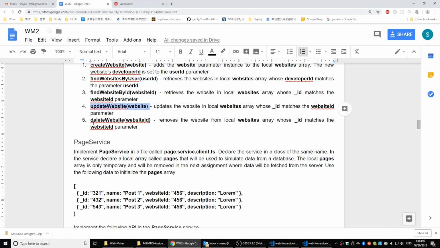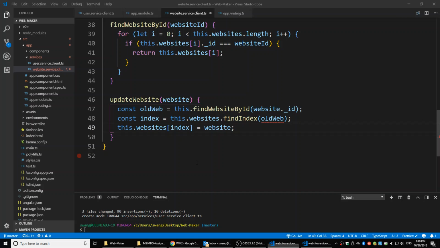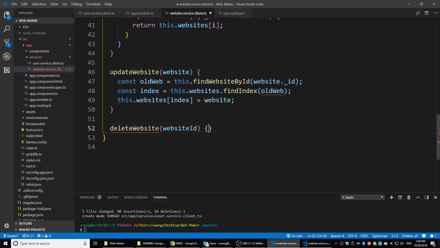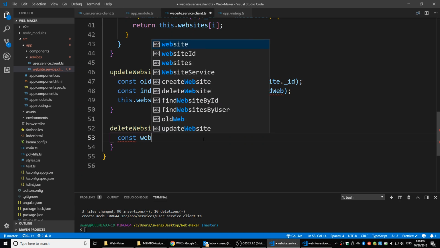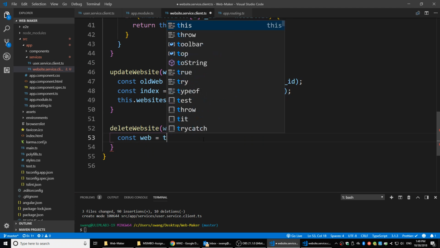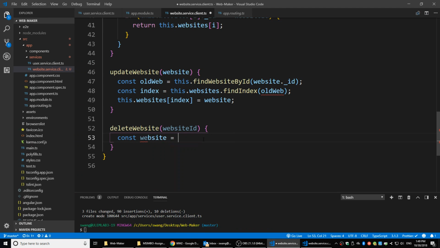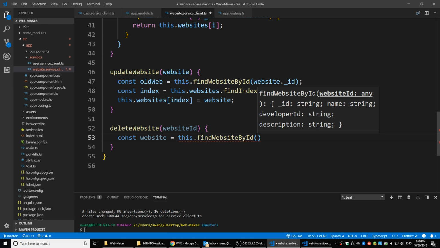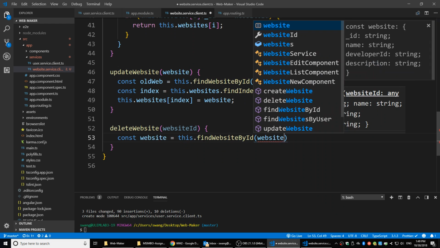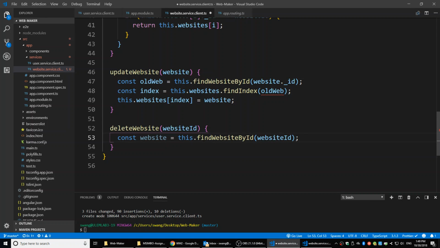Last function is delete website. This time we'll be able to delete a website here. It's even easier. So again, we are going to look for the website with such ID. Constant web is equal to, we just call it a website. Don't be lazy. The website is equal to this find website by ID, website ID, right? Looking for the website with the website ID. This time it takes the website ID, right? And then,